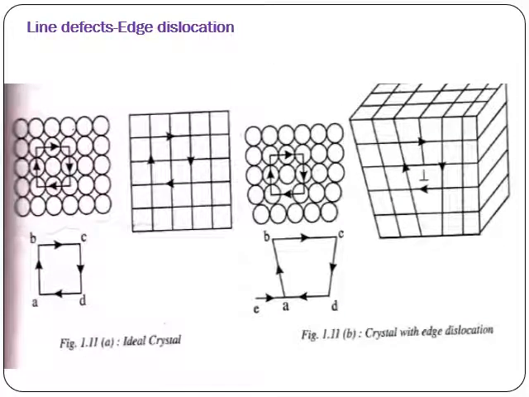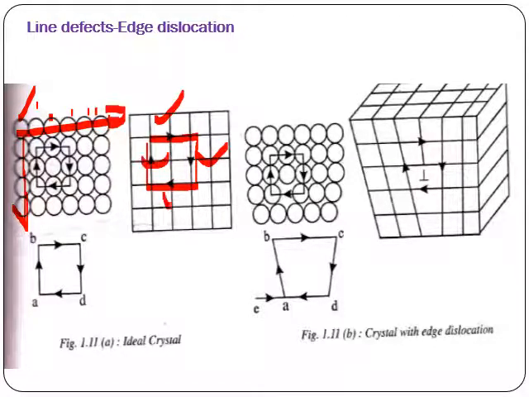Now we can see this one. If it is a perfect crystal, you can see 1 2 3 4 5 6 atoms like this, and 5 atoms like this. So there are 6 lines of atoms, or you can say 6 planes of atoms. If you take anywhere, say 2, 2, 2, 2, all the sides are equal here. That is indicated like this.